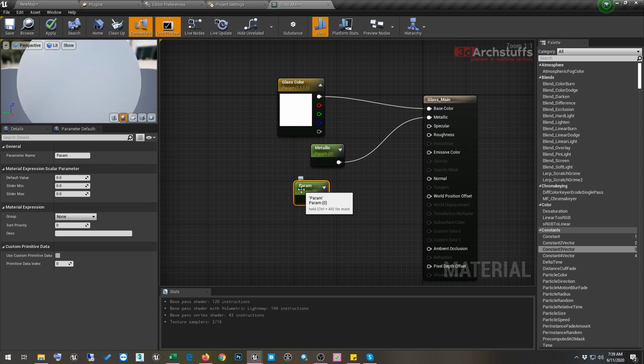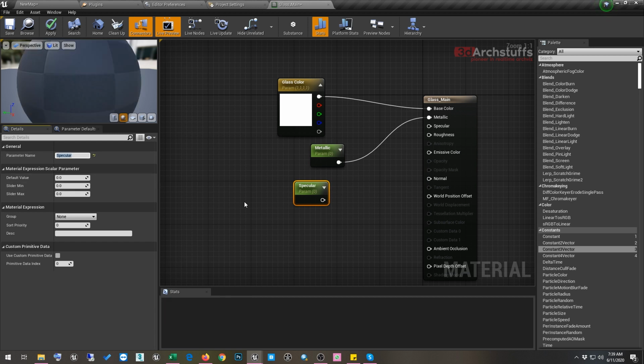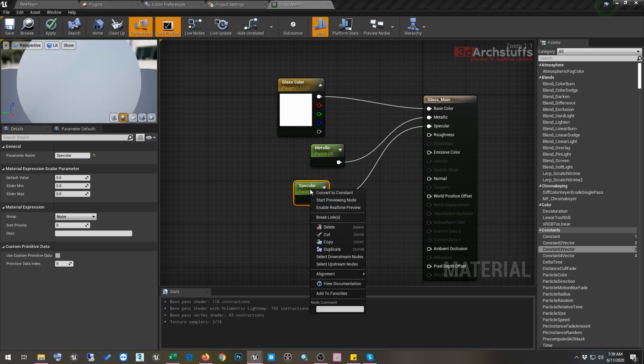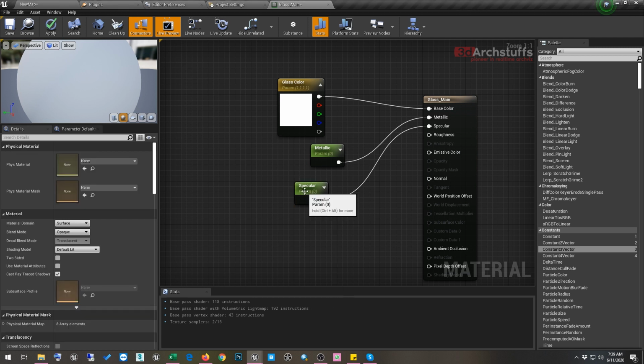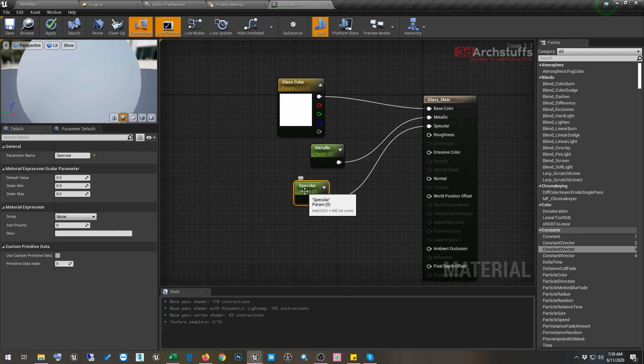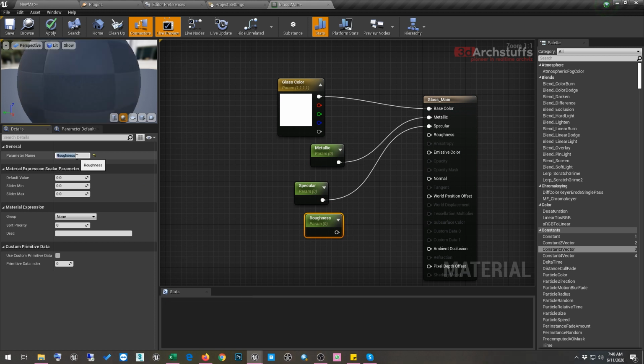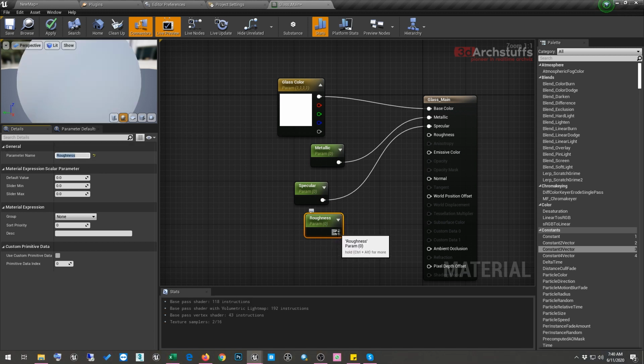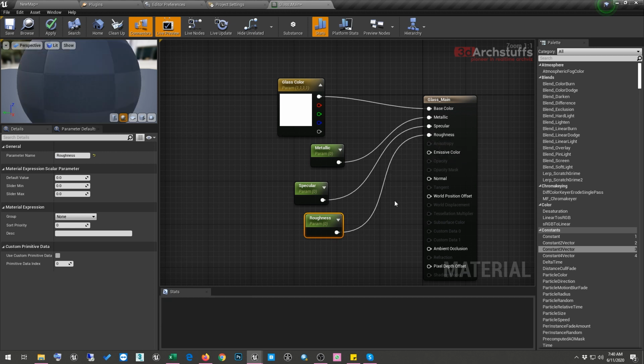Then I will select another parameter, rename it as specular, and drop it into specular. I will duplicate it, or you can copy and paste it, or select it and press Ctrl W to duplicate it. Then rename it as roughness and put it on roughness.